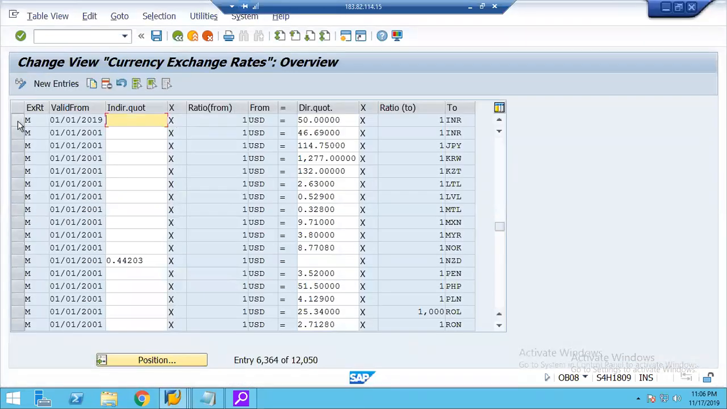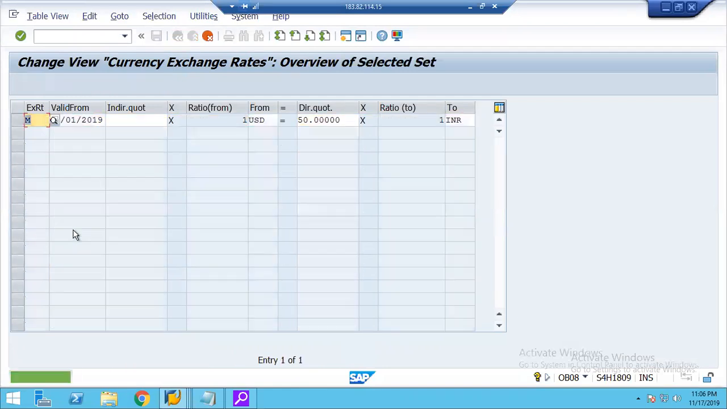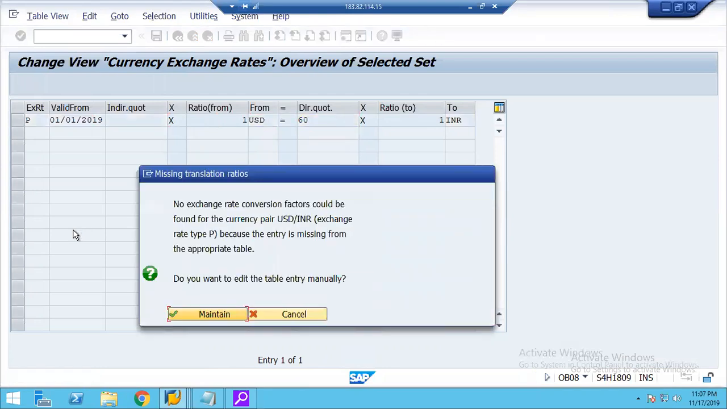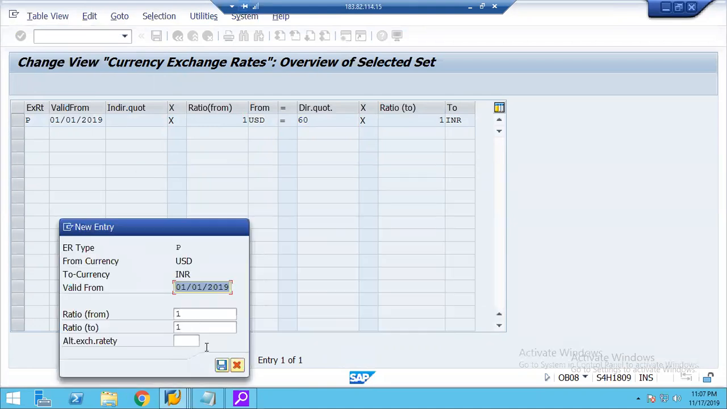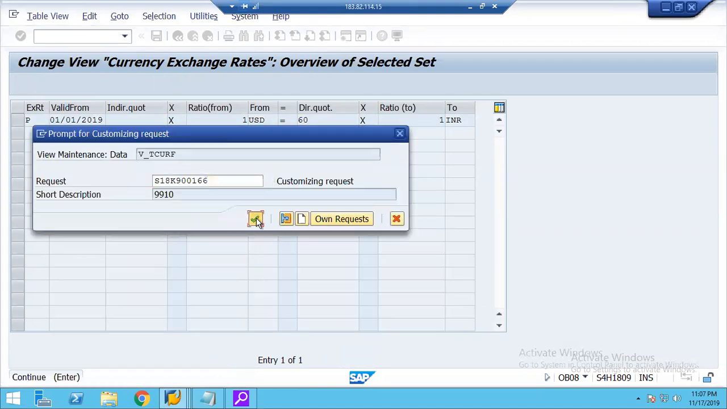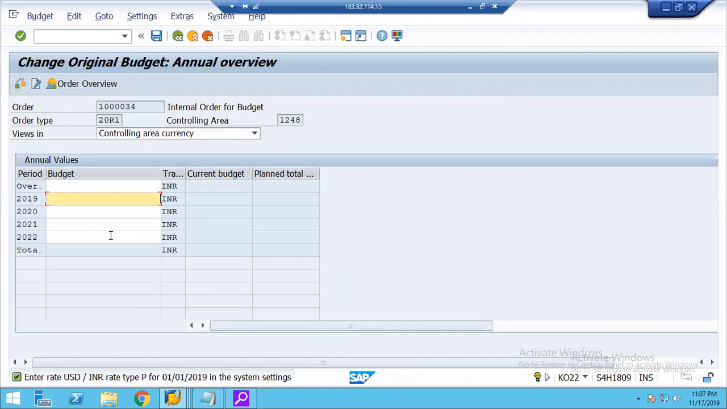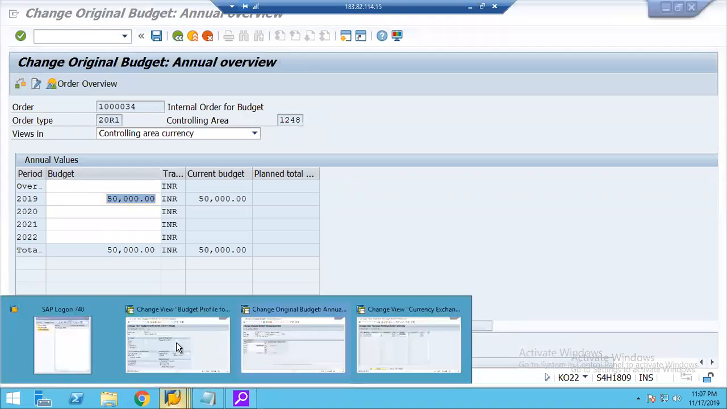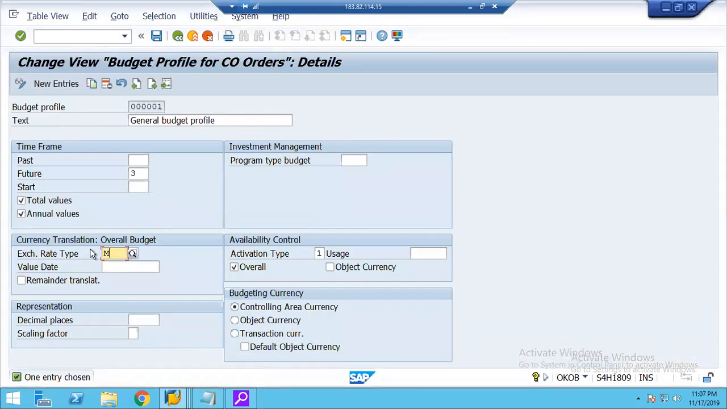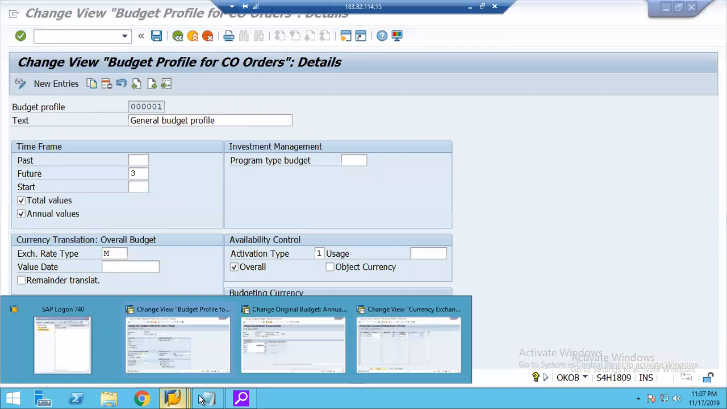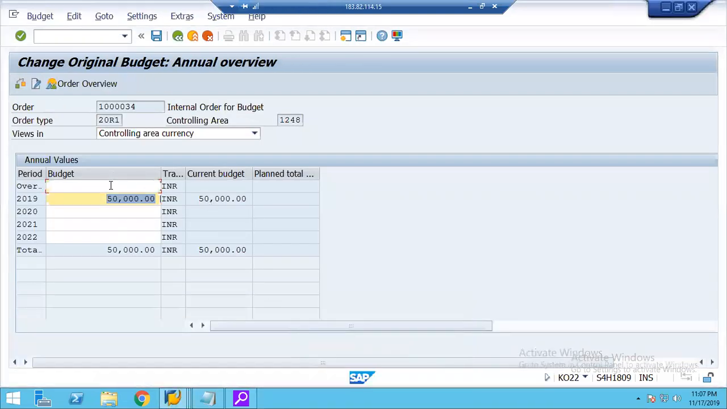Let me just maintain with M with a different amount. Let us see. Let me say here 60. Okay, let me just see now what it says. It is allowing. No, but that is not the right approach, because here we have selected M, right, as the exchange rate type to be considered for overall budget. Let me put here overall budget. If I say 60,000,